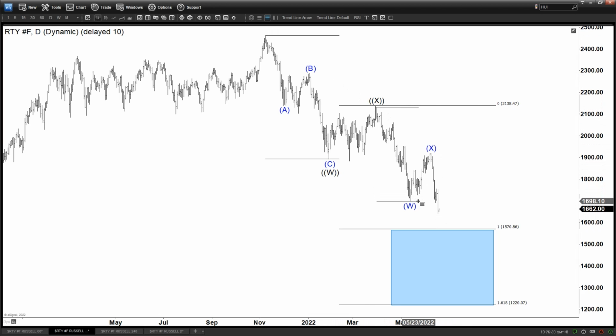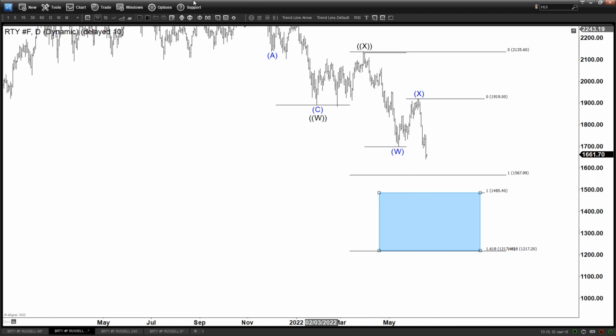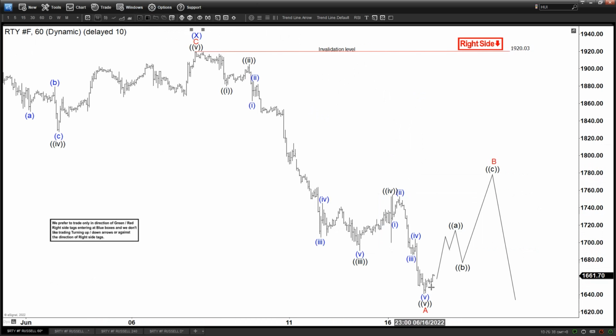If you measure it from here, your 100% is 1485. So I would say between 1485 and this level is my target on the downside. 1485 to 1217 is a reasonable target on the downside, and as a result any rally should fail in a 3-7-11 swing